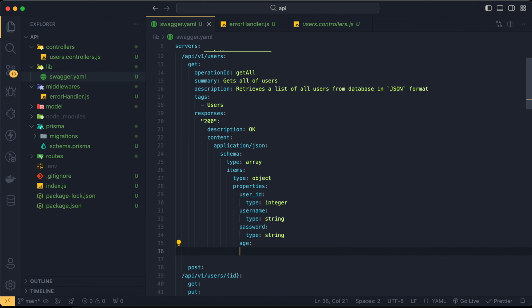Alright, so this is how our schema is structured. It's an array, and it has these items. Right, so let's just go ahead and see if this is working. I'm gonna start the server. Hopefully we don't have any errors. I'm gonna refresh this, and as you can see, all of our endpoints are here, and let me check if